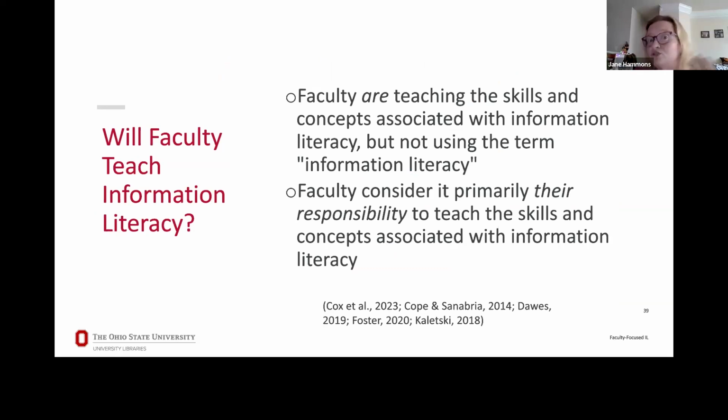They may not be using the term information literacy, as Bill Badke mentioned last week, right? They don't know what that term means. But if you talk to them about, do you want your students to learn this? Do you teach your students this? All of these information literacy skills and concepts, they say that they are, or that they want to, right? They may not know how to do it very well, but they think it's important to teach them those skills